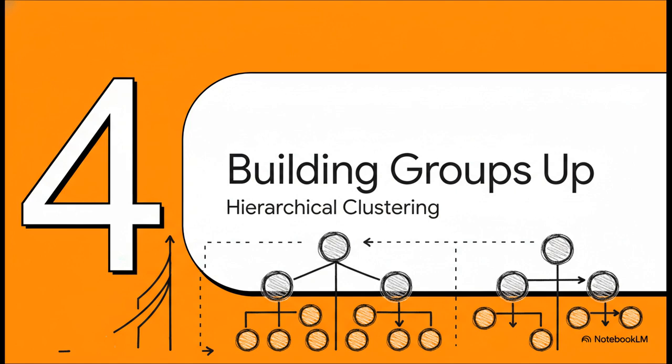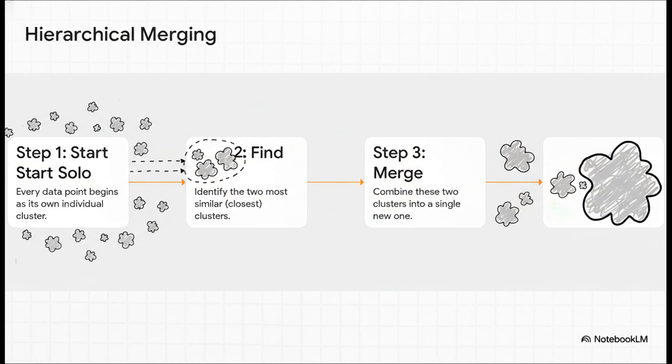You start with every single point as its own little family of one. Then, you start merging them into bigger and bigger and bigger families based on who's most closely related. The process is really methodical, almost like a recipe. Step 1. Every data point is its own cluster. Step 2. Find the two closest clusters and merge them into one. Step 3. Go back to Step 2. Find the next two closest clusters and merge them. You just keep doing that over and over, building up this hierarchy until eventually every single point is part of